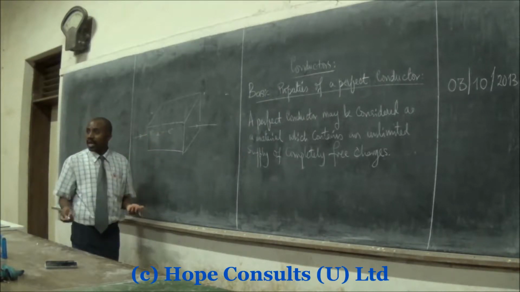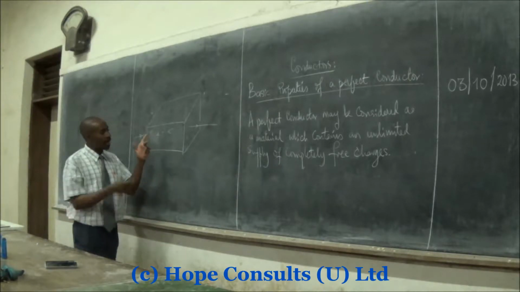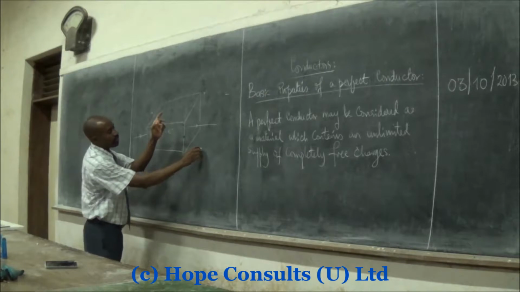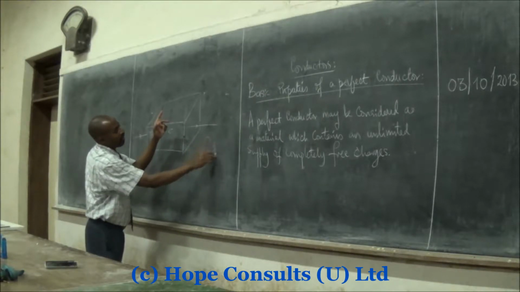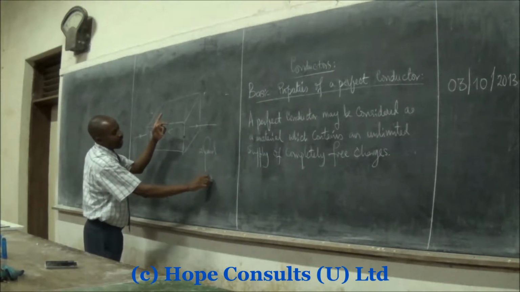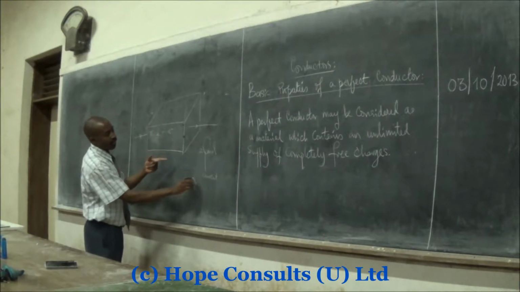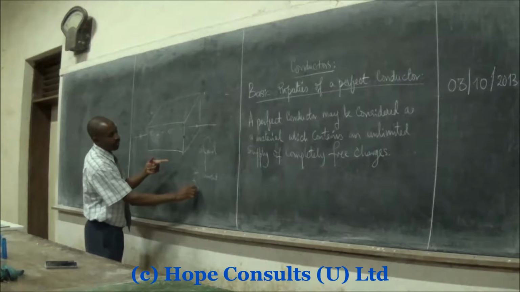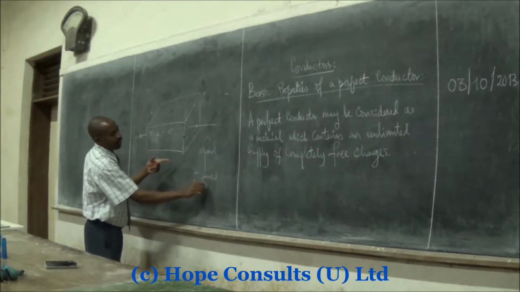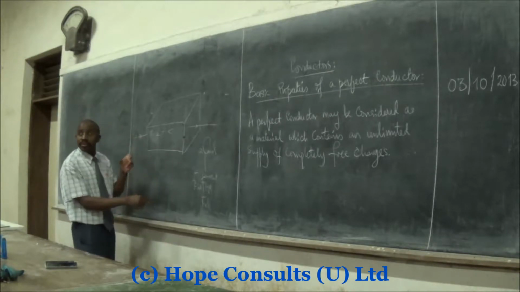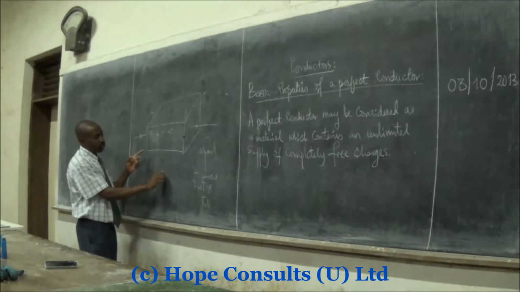Now, if we apply a field, the current is in this direction, and because we are talking of the second finger, this being our current, and then we have our first finger, we can use this first finger for the field, and then the thumb would give us the motion